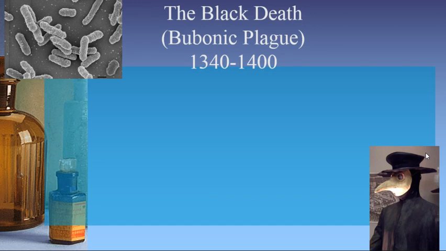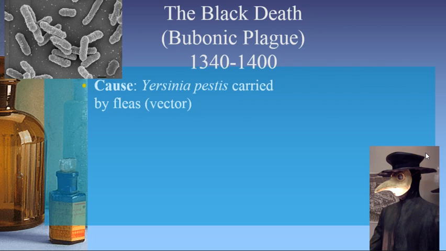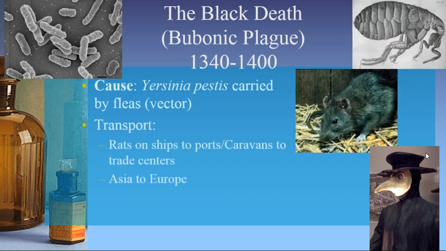All right, so let's talk about one of the most famous epidemics, and actually it was a pandemic in history, and that would be the Black Death, or the bubonic plague. Okay, the cause is Yersinia pestis, which is a bacteria carried by fleas. Fleas are the vector. The actual source is the Yersinia pestis, and then it is transported on rats, typically, because the fleas hang out on rats that hang out on ships or in caravans,